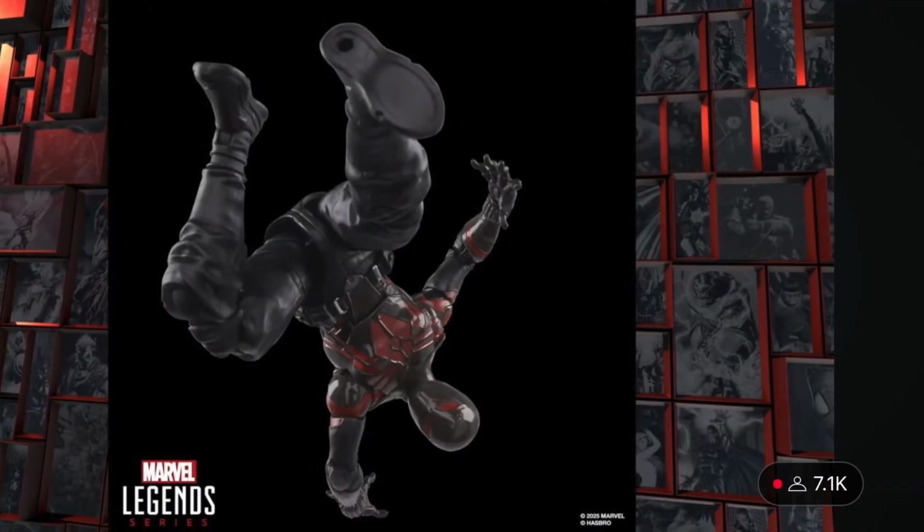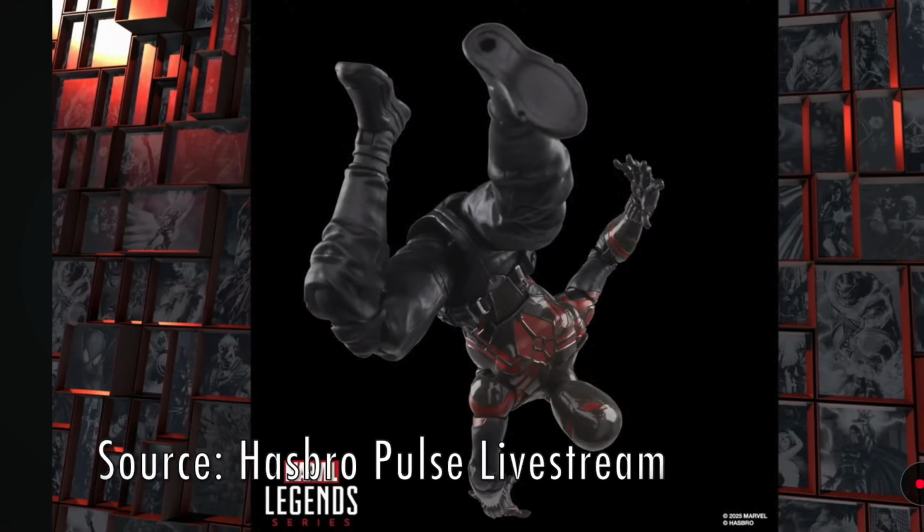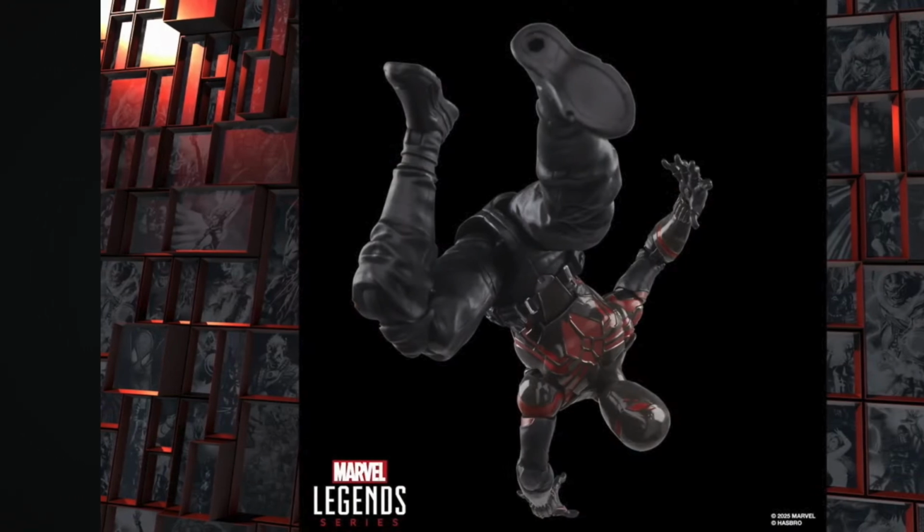Kind of interesting. Another one that was kind of baffling to me because it's a unique design. I'm not going to say it's bad, it's just not something where I was like, oh yeah, I definitely need this design. It is the 2099 Brooklyn suit. Now this is an all new sculpt,